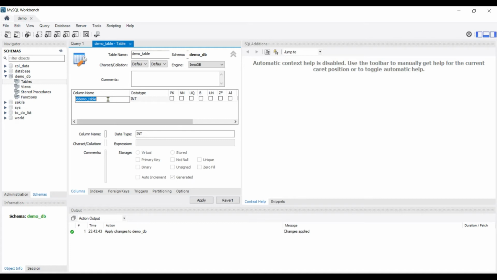So let me just name it id, and data type should be int, as id 1234, so it should be in int. And as you can see, automatically it shows pk and nn, and you can click on ai. Actually, ai is basically auto increment, and pk stands for primary key and nn stands for not null. So that says that this value cannot be null. This has to be filled up. Whenever you are updating your database, your id column will get automatically incremented and the value will be filled. It won't be left null. So that's what it means.